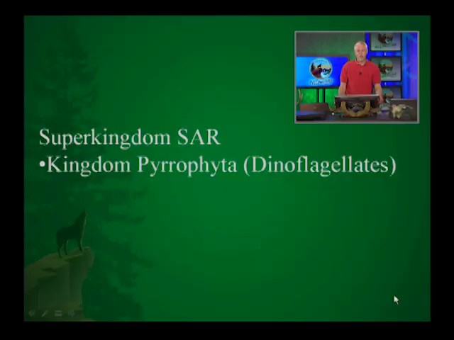Now, the next kingdom I want to talk about are the Pyrophyta, which are dinoflagellates. Dinoflagellates is a group that we normally think of as being a marine organism. However, some dinoflagellates are found in the Yellowstone ecosystem. And the dinoflagellates, what that name means is that as they swim, they spin. And so again, these are normally marine organisms. Many of them are bioluminescent as well, although the ones in the Yellowstone ecosystem, from what I understand, are not. And that's also why their official name, the Pyrophyta, means fire algae or fire plants, and that's partly due to their bioluminescent capabilities.